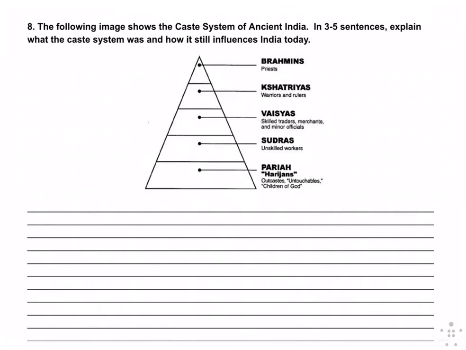So if we're talking about the caste system, a person, when they are born, they were born into a certain social status. Based on their social status determines what tier they are in. So you have these tiers, and your end goal, because this is based off of Hinduism religion, is to reach your moksha. Now, they believe that if you were in those top tiers, the Brahmins, you would be closer to reaching your end goal, which is moksha. So the person's goal, if they are part of this caste system, if they're in those lower ends, like for example, if they're part of the untouchables, which is also known as the Dalits, which is this bottom part, which is a pariah,